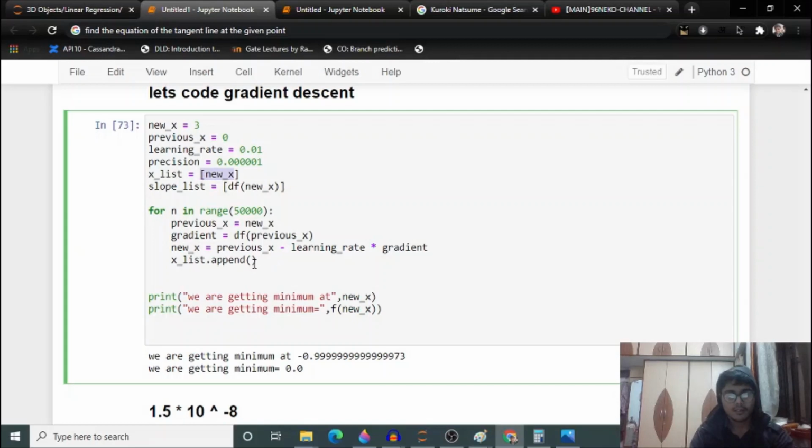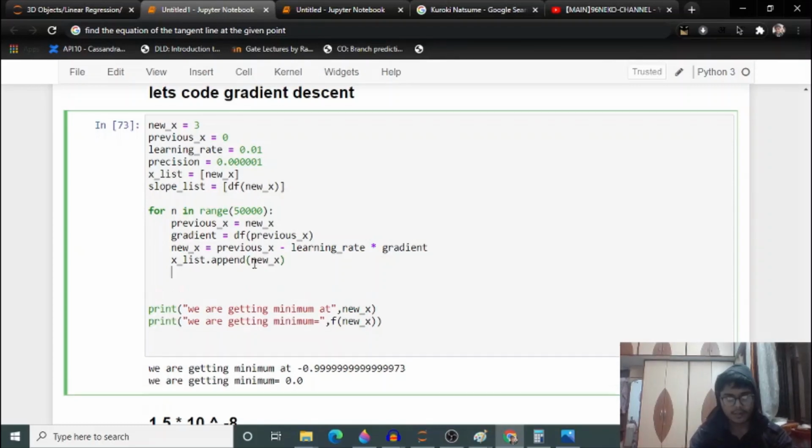So X underscore list dot append, we will just put new underscore X. Also slope list dot append. What we will append is df of new X. Okay, now it is clear guys.